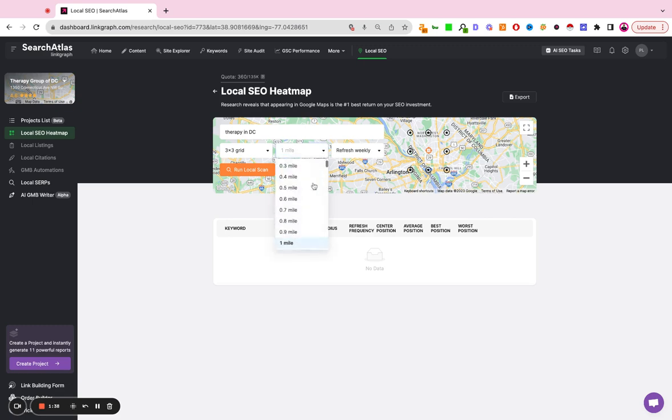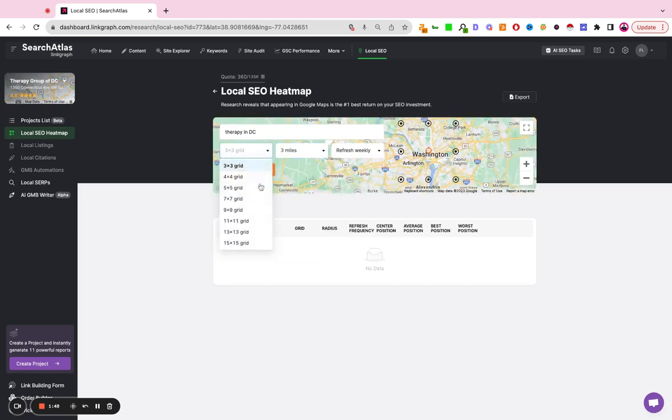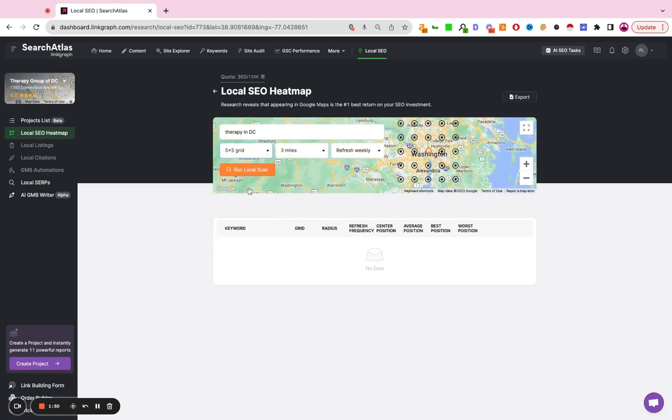I'm going to set my grid radius. You have several parameters that you can select from. Just for the sake of this demo, I'm going to set a 3-mile radius. I'm going to update the grid count to be 5 by 5. Again, you can adjust your grid, you can adjust your radius, and now you're going to set your refresh interval,